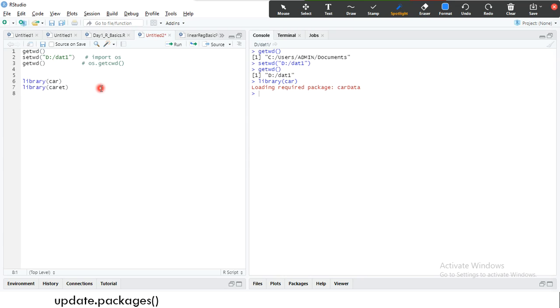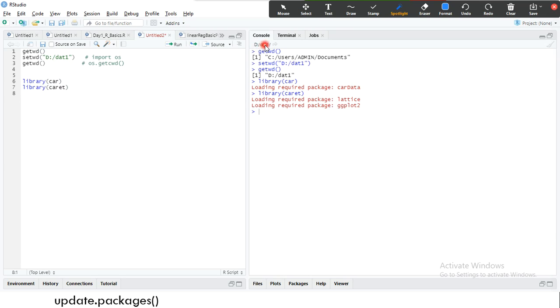One beauty of RStudio is that it provides a code completion facility like other popular interfaces such as PyCharm, Jupyter Notebook, IntelliJ, and Eclipse.